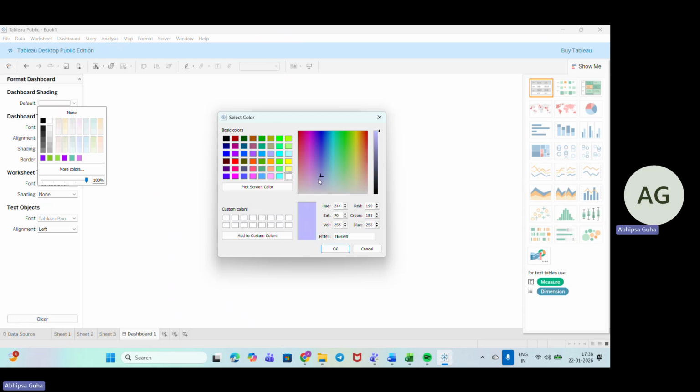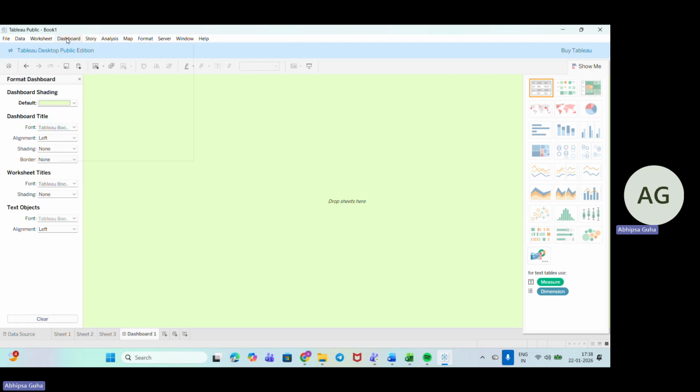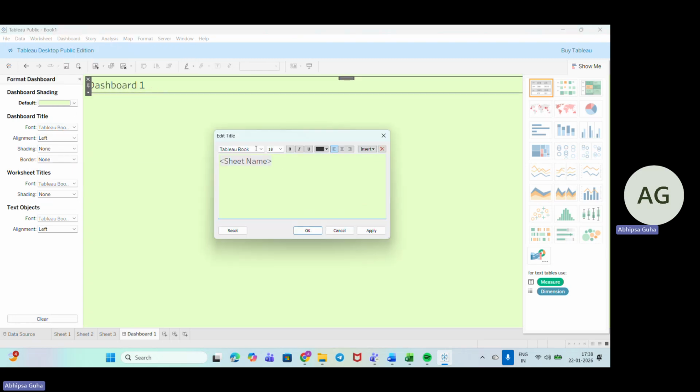A lighter color I'm looking for. Fine, this looks good. I'll just add this one. Okay. Now I want to add a title. So I'll go down to show title, and here I'll add it as shipment dashboard.